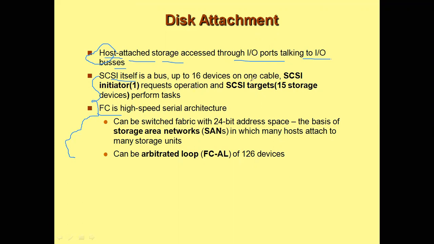There are some facts with respect to SCSI. SCSI can accommodate up to 16 devices, that is, storage devices. You can have magnetic disks, you can have optical disks. FC is high speed, so this is really good, but it is very, very expensive. It has really fast data transfer. FC is fiber channel.